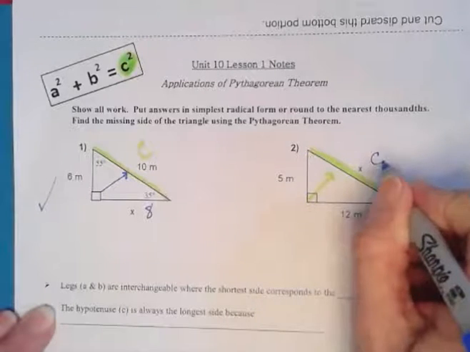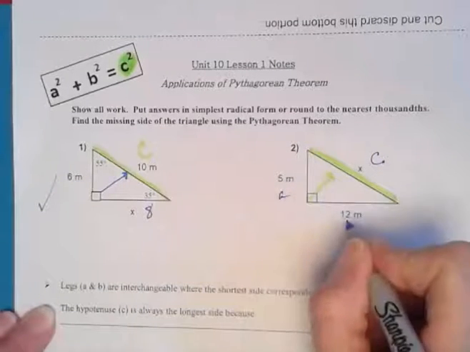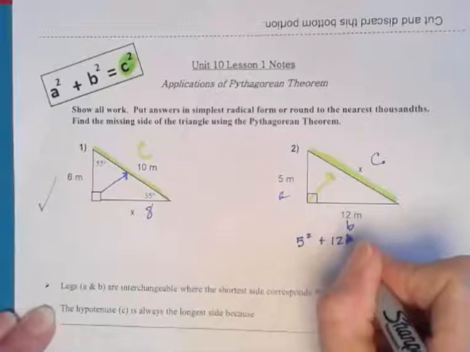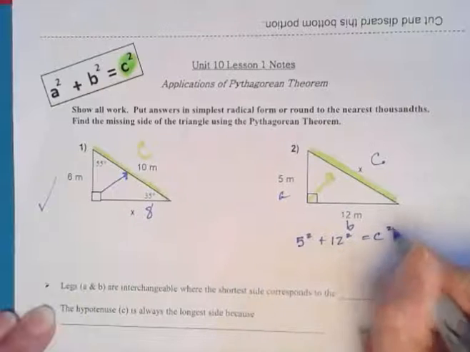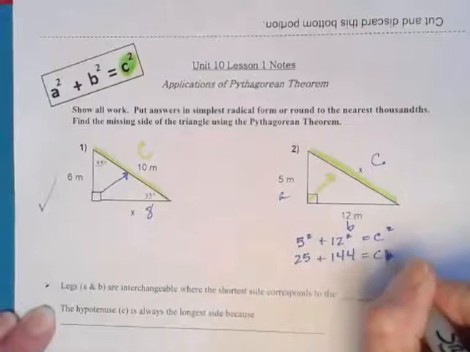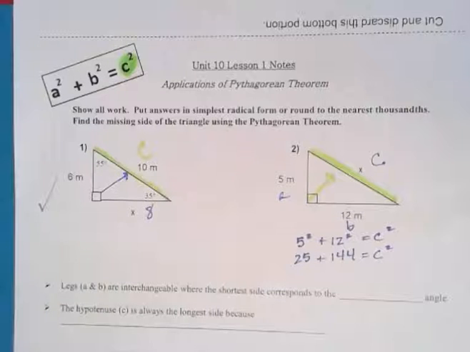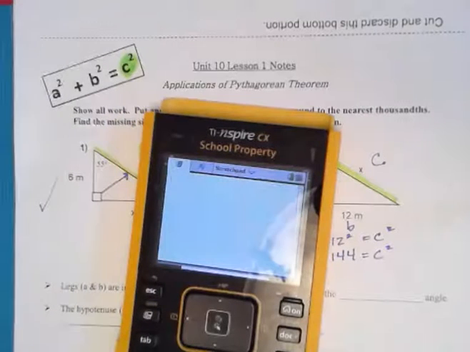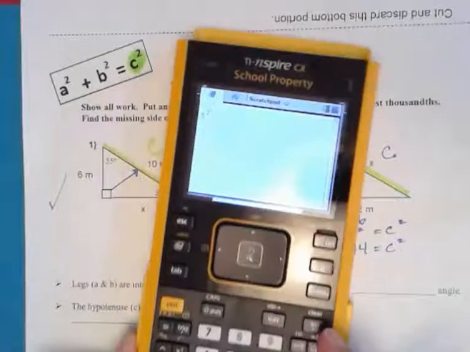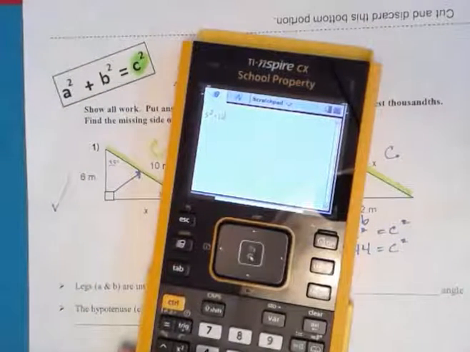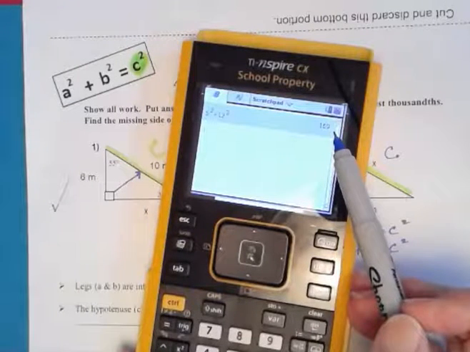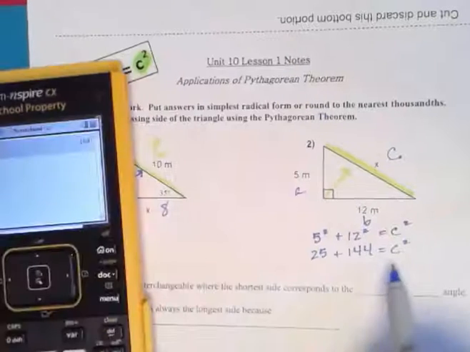This would be side C. So either of these can be A or B. So we're going to say 5 squared plus 12 squared equals C squared. That gives us 25 plus 144 equals C squared. As a review on the calculator, I could go 5 squared, so you can see all this, plus 12 squared, hit enter, and right there you can see it's 169. That gives us C squared,